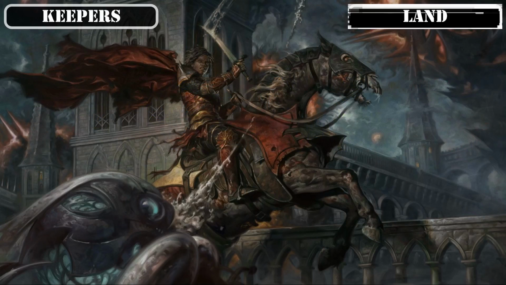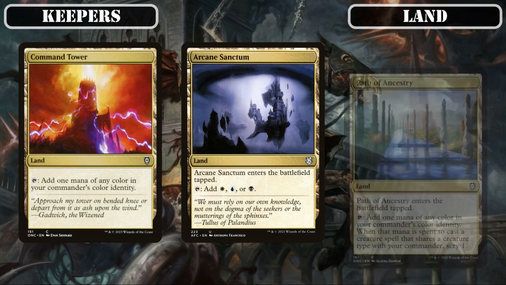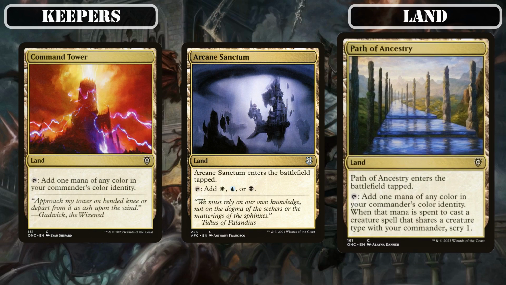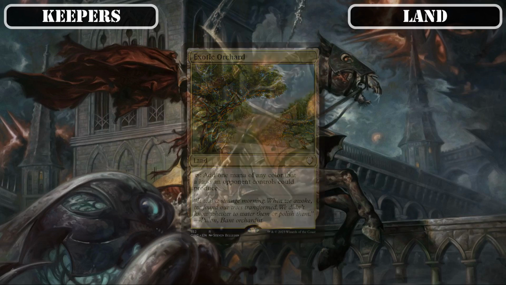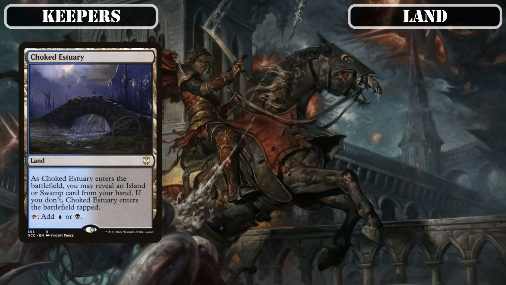And finally, reaching our land base carryovers, we'll start off with our retained mana lands, in which we'll be hanging on to Command Tower, Arcane Sanctum, and Path of Ancestry thanks to them tapping for all our colors, with the last also providing some decent tribal-themed card selection as well. Exotic Orchard, which can generally tap for a few colors off our opponent's lands, Prairie Stream and Sunken Hollow, which are both solid dual lands we can generally get into play untapped with little effort, Choked Estuary, Port Town, and